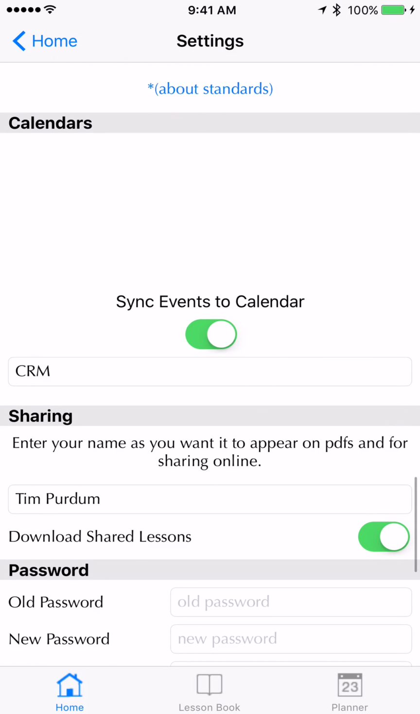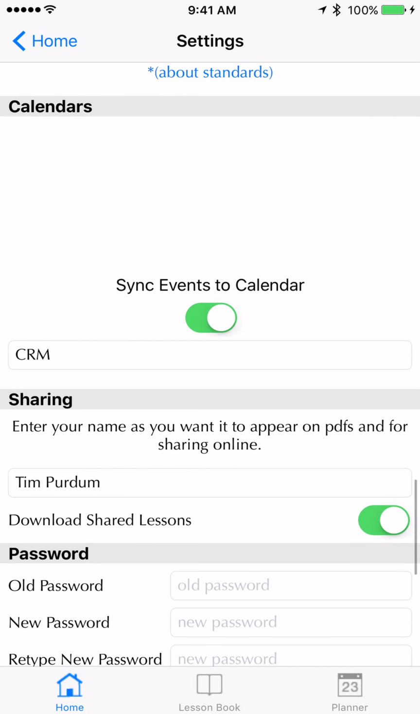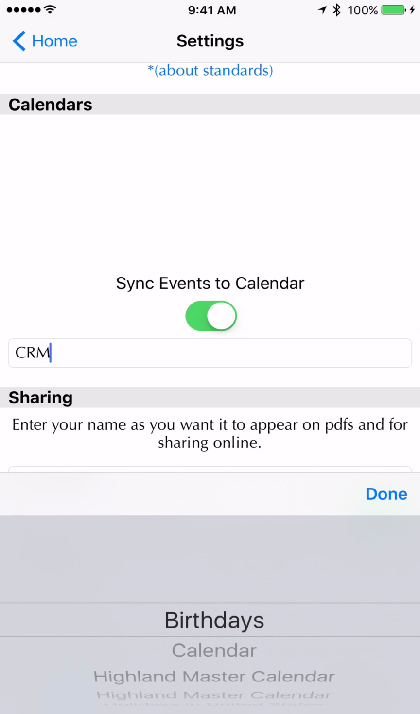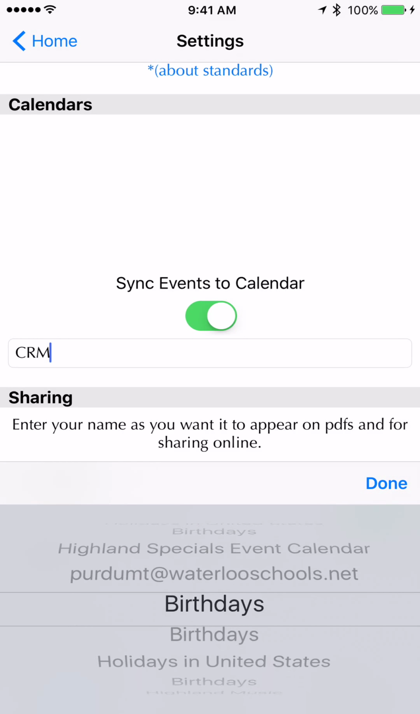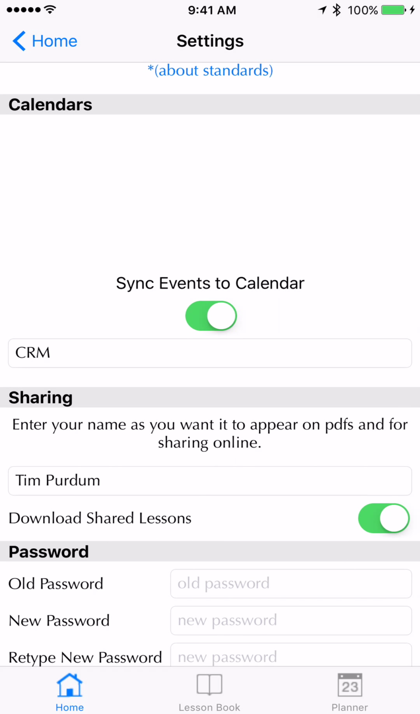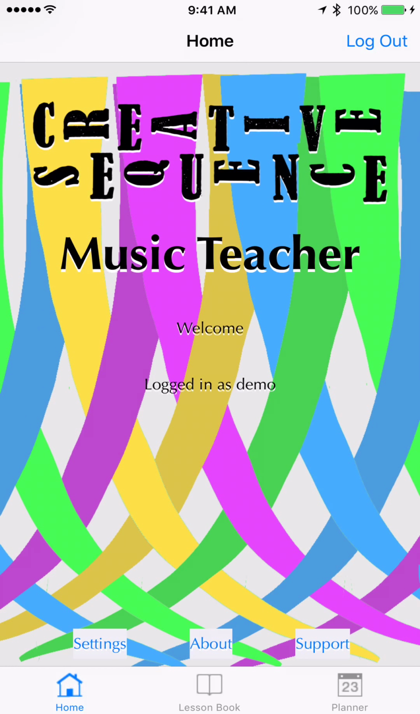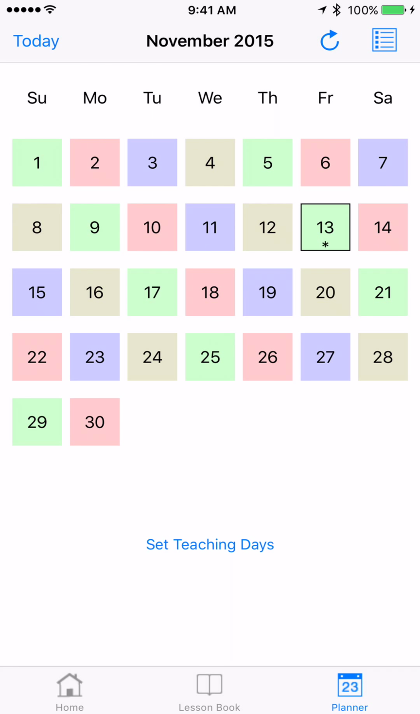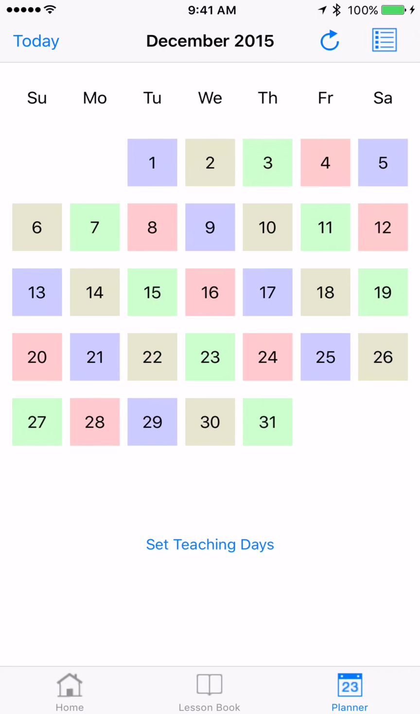And if you scroll down to calendars, you see it says sync events to calendars. And then you can click there and choose any calendars that are synced with your iOS device, with your phone or your iPad. And once you do that, they will actually show up on your calendar as well as in the app. So then we click the planner in the bottom right corner, and you can see a monthly calendar